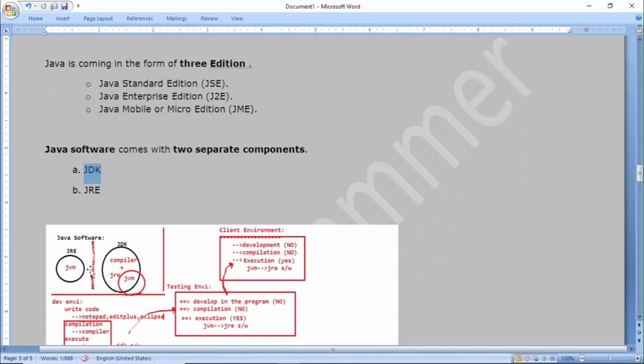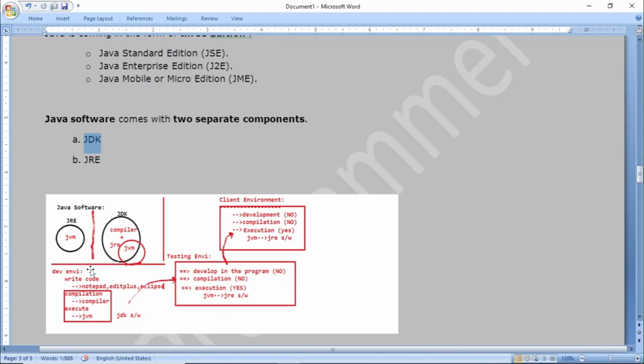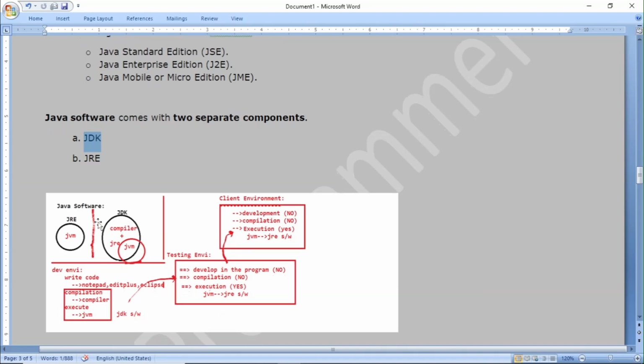This is a software diagram. Within JRE is present JVM. JVM is the Java Virtual Machine, and JDK has a compiler, JRE, and JVM. All these Java related components are present in JDK.